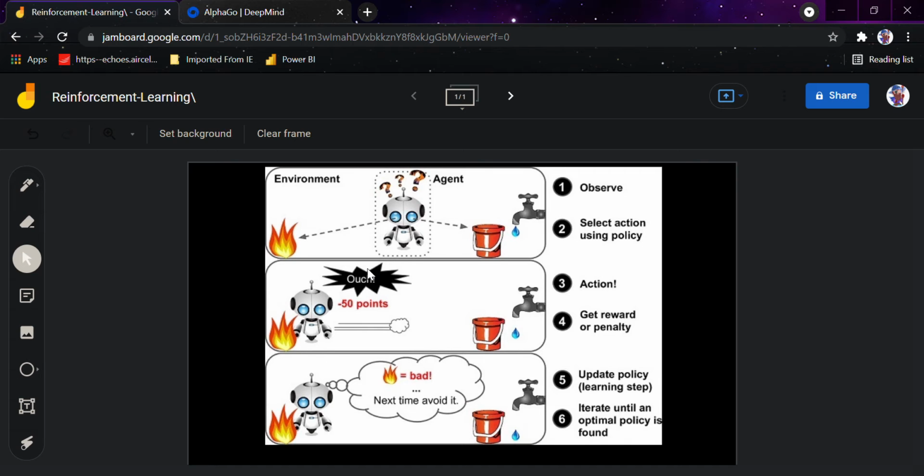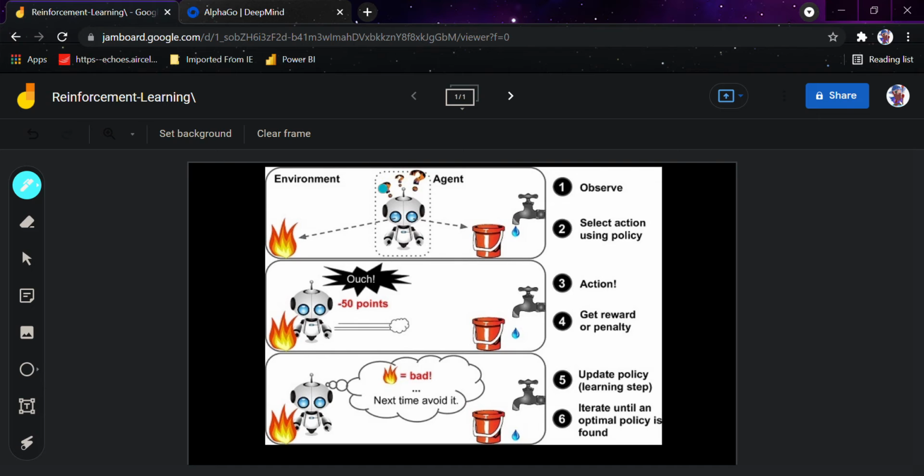So coming to the next thing, that is reinforcement learning. This is very different as compared to the other three learnings we studied. Reinforcement learning is a subfield of machine learning where the machine lives in an environment and is capable of perceiving the state of that environment as a vector of features. Not a problem if you didn't get anything from the definition. I will explain with an example, where the learning system is called an agent.